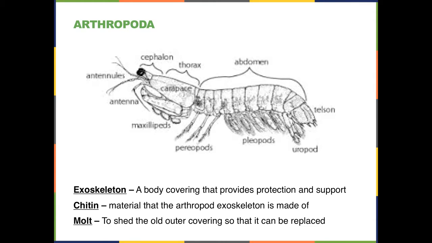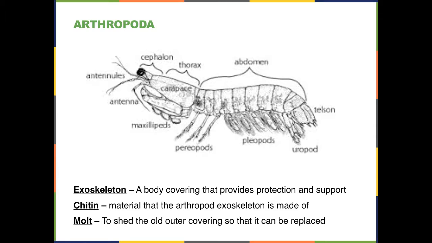Now, because the organism has an exoskeleton, they do something that most other organisms don't do. They molt. Molting is a shedding of the outer covering so that it can be replaced with a new covering. This is primarily due to the fact that the exoskeleton, being hard, does not allow for growth. So as the organism gets larger and larger, it has to shed an old exoskeleton and replace it with a